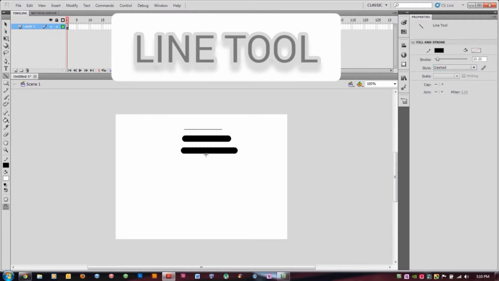Select the line color, its thickness and style from the properties panel. Position the pointer on the stage where the line is to begin and drag it till the end point. This way we can create the line in our artwork.